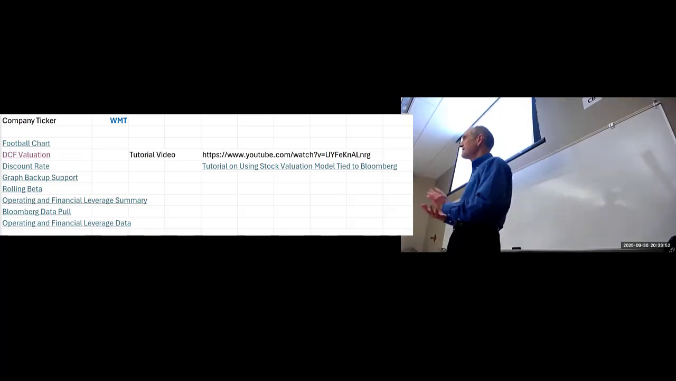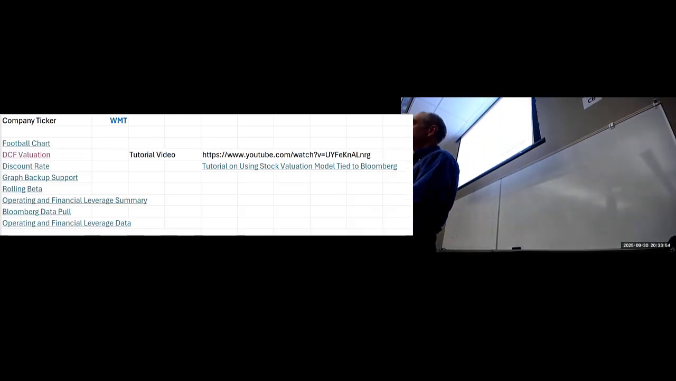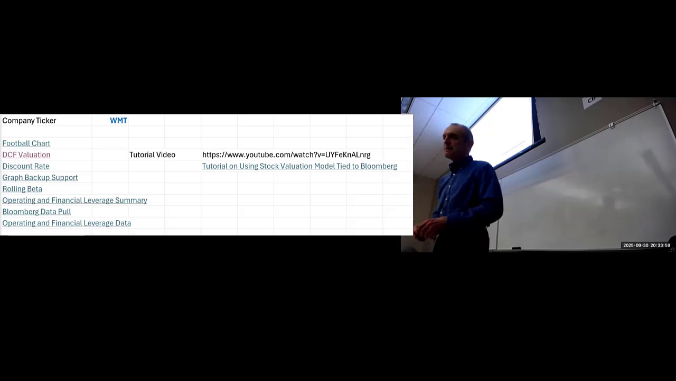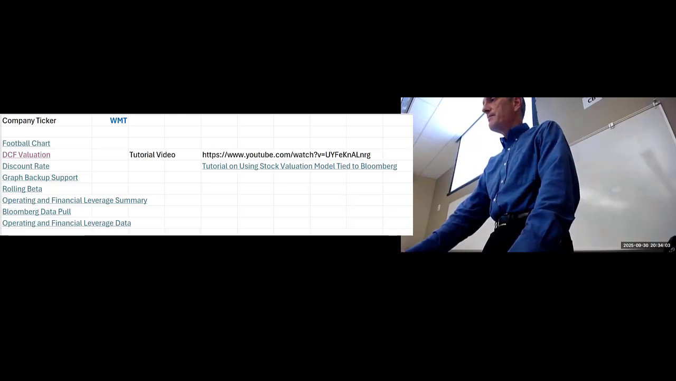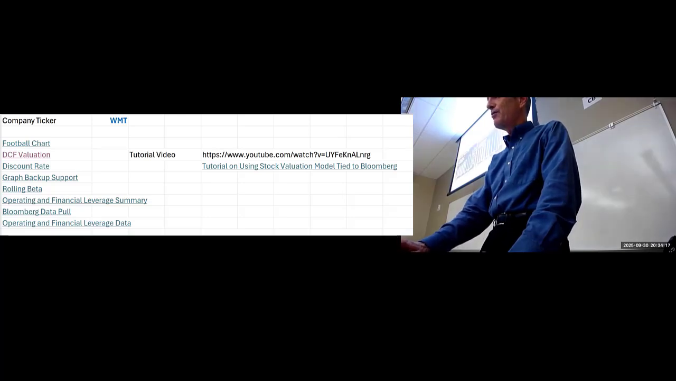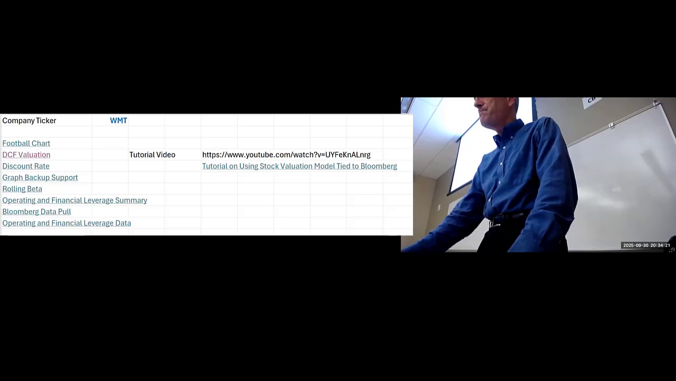That's why I'm saying when you get a team member, rather than you sitting there and training them, they can just watch the video and learn it themselves. So it starts off with the football chart. This football chart is simply random numbers, so it's not an actual football chart, so you'll have to put your numbers in there, but have it set up. The DCF valuation, it's not going to work because of the Bloomberg,